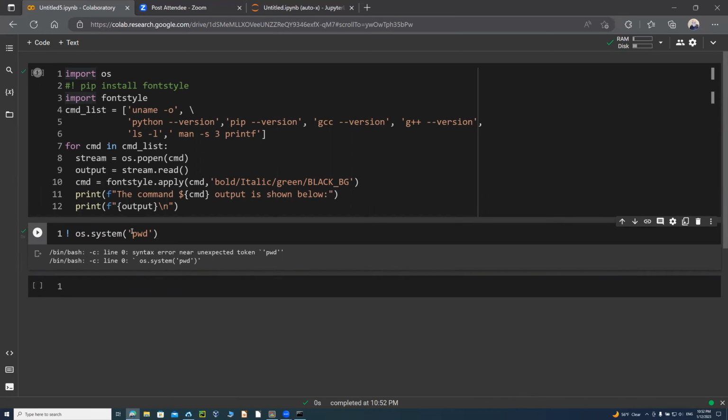Unexpected error token pwd. So os.system. Oh yeah, because I'm no longer using that one. I have to do Python code. So this would just run. But notice that this one is not allowing you to print the working directory with os.system. So instead of this one on the Jupyter notebook, you need to